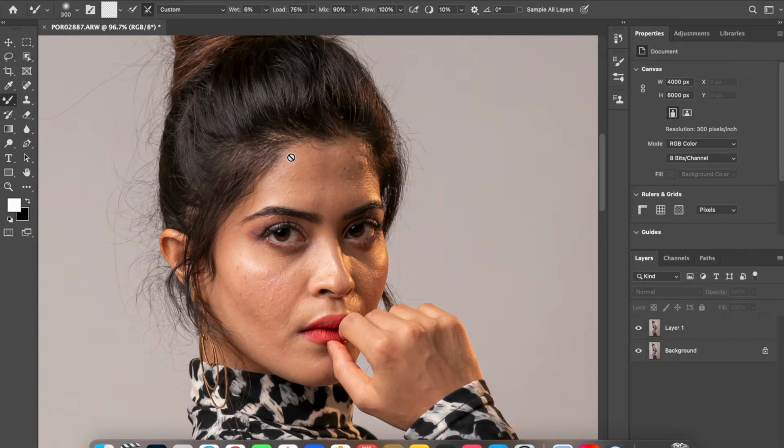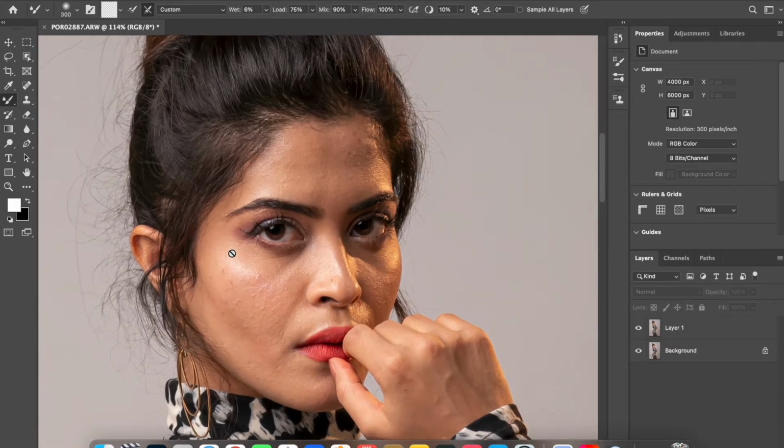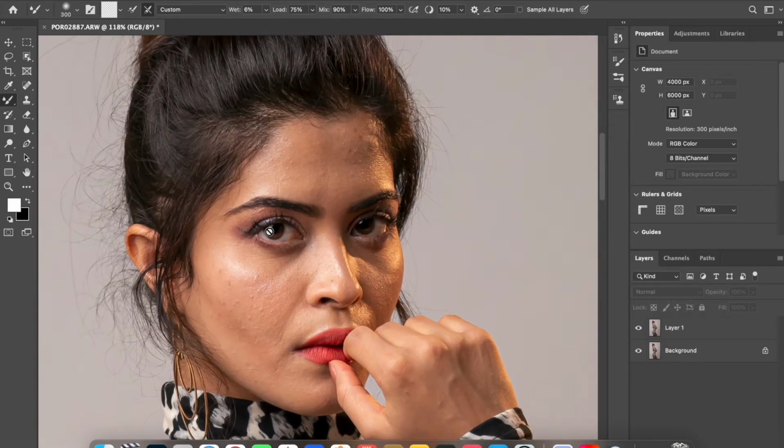From a visual look, I could see a few blemishes here, and I can see a few blemishes over here. But to see more accurately, you need to